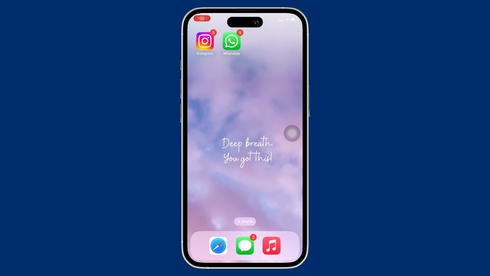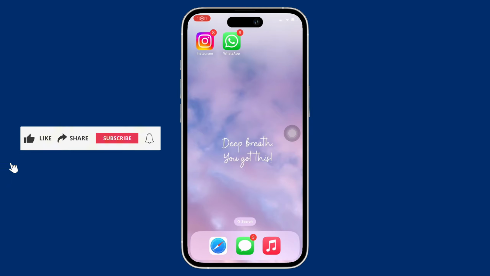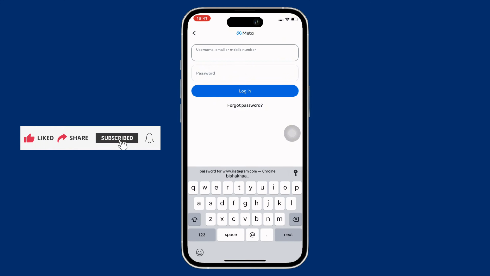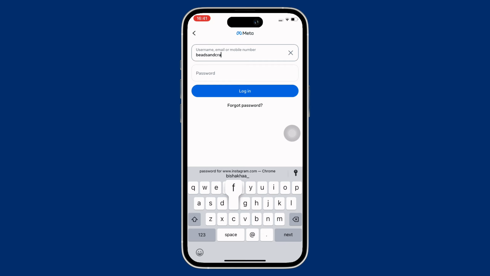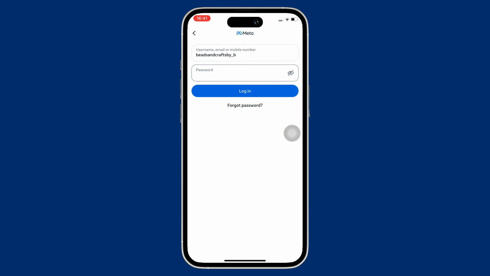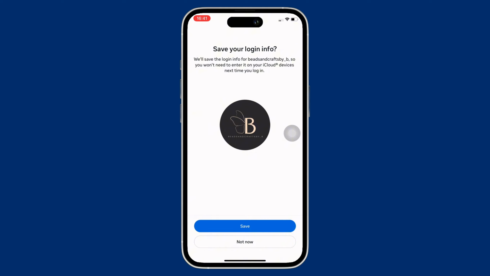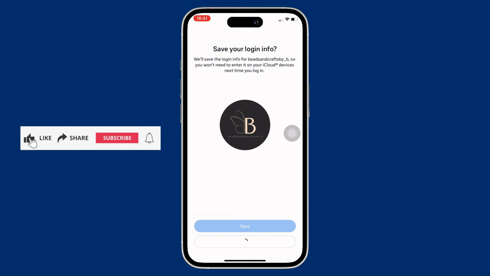Now let's get right into the tutorial. If you have previously deactivated your account and you look forward to reactivating it, then simply go ahead and open Instagram and you will be led to the login portal. Here, enter your username, email, or phone number associated with the account that you want to reactivate and then enter the password. Finally, tap on the login option, and with this, you will be asked if you want to reactivate your account. So tap on the reactivate option you see there, and with this, your account will be reactivated and